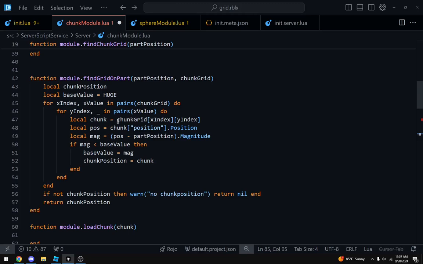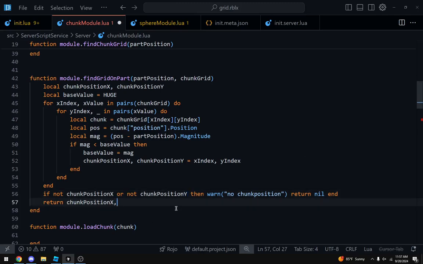Chunk, yeah, we want to return x index and y index. So we want chunk position x, chunk position y. So if not chunk position x or not chunk position y, then warn no chunk position, return chunk position x, chunk position y.